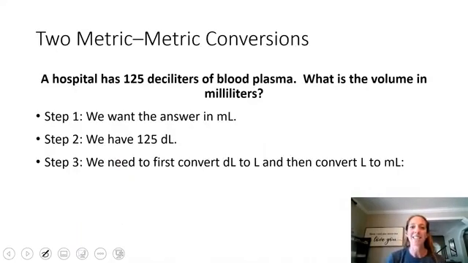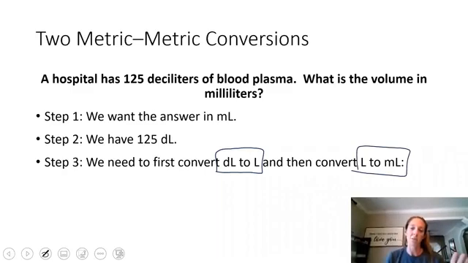Hopefully you're starting to get the hang of this. Try this practice. A hospital has 125 deciliters of blood plasma. What is this volume in milliliters? So again, I would suggest going from deciliters to liters and then liters to milliliters using that metric chart from the previous slide. So if you would pause,